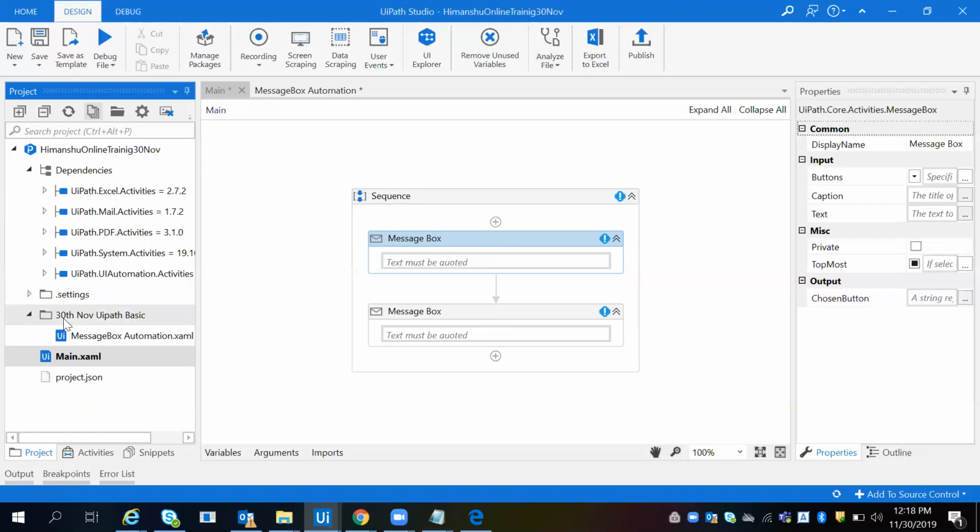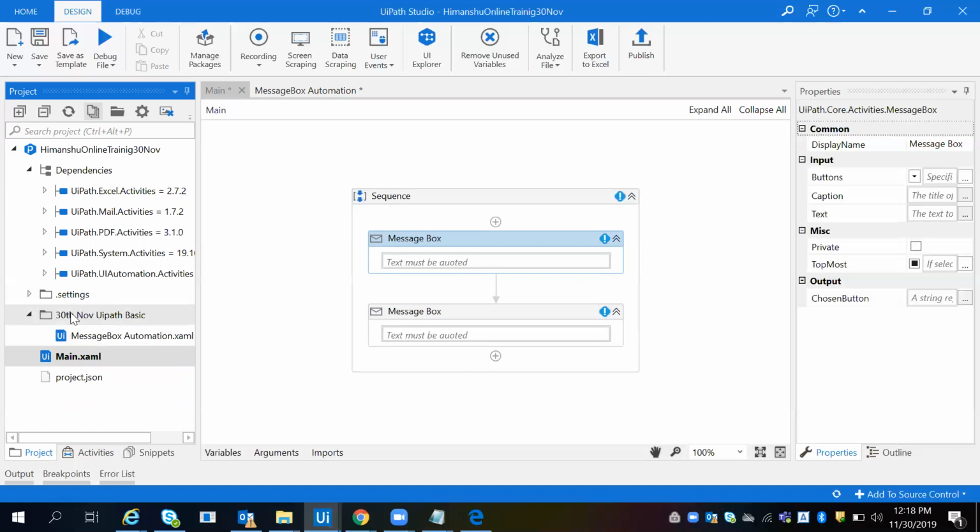Yes, so 13 November is our folder name. Suppose you are creating part of a project called Paytm. In Paytm, we have a lot of sub partners like Uber and Zomato. So we are creating one project, and inside it we create sub projects, meaning sub processes.